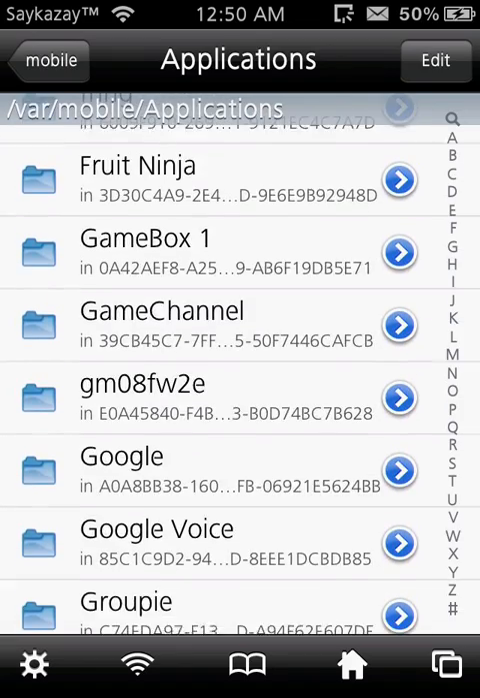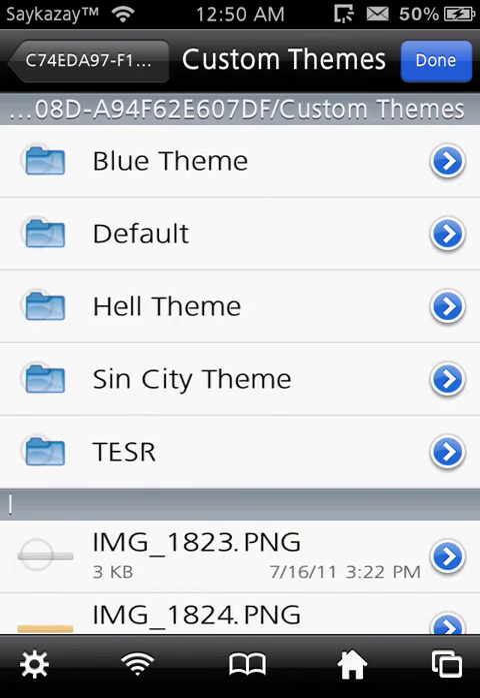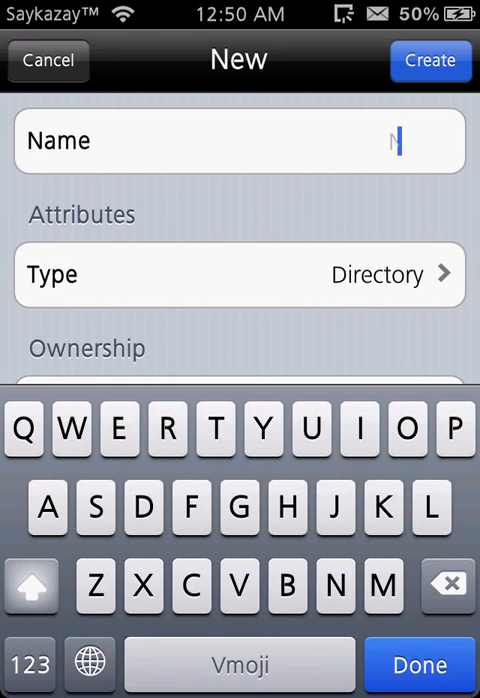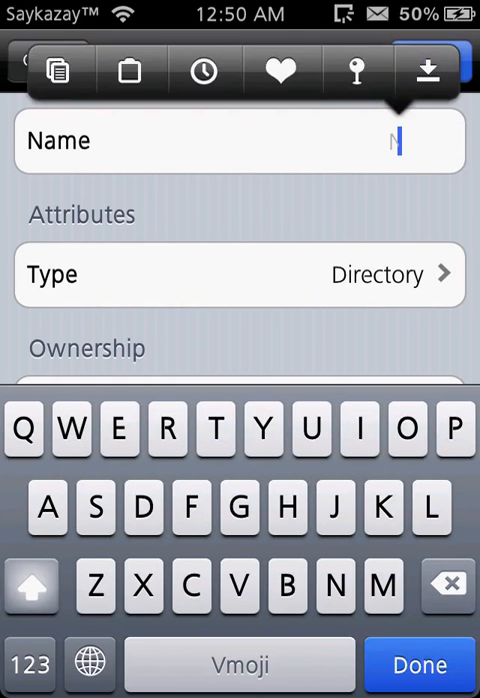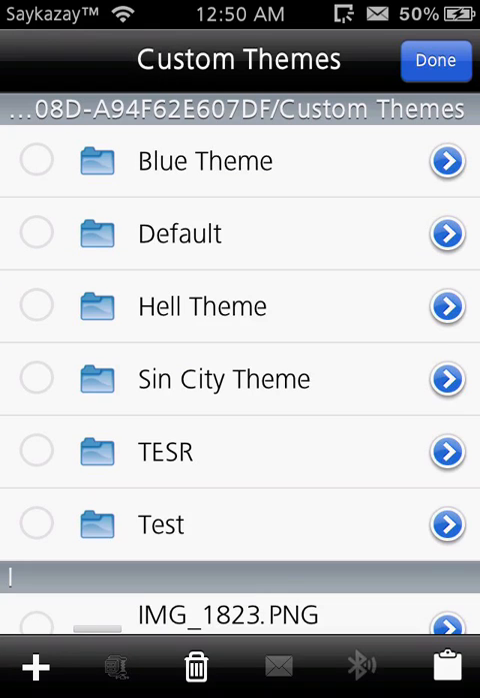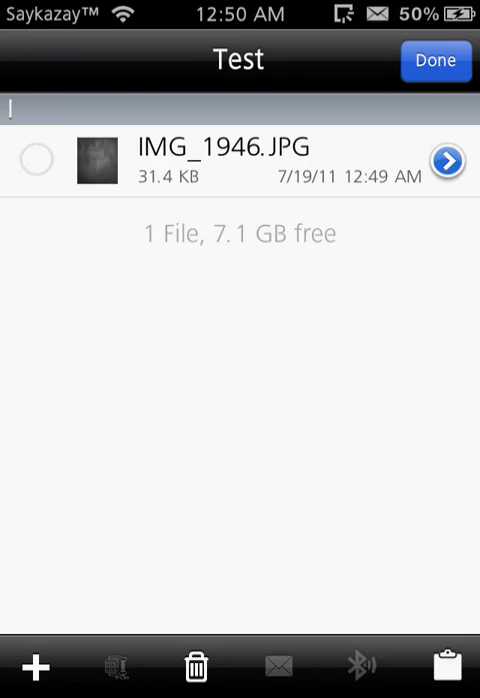Back into Groupie. Now that you're in Groupie, I recommend you make the custom themes folder and go into it, and you'll see I already have the default theme, but you go to add and you're going to click the name default, make it, but I'll call it test just to show you this. Create, go into test, and you're going to want to paste the file here. So click paste, done,